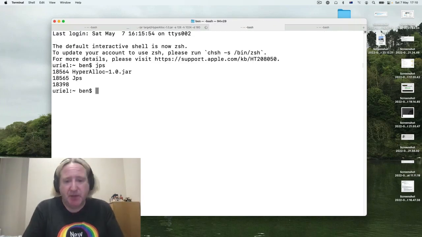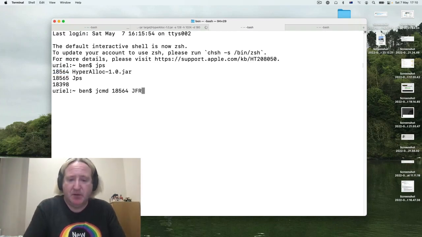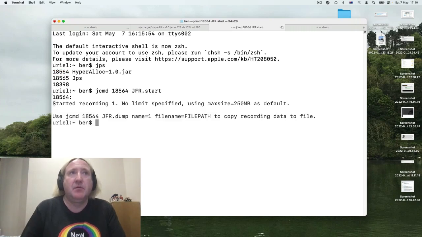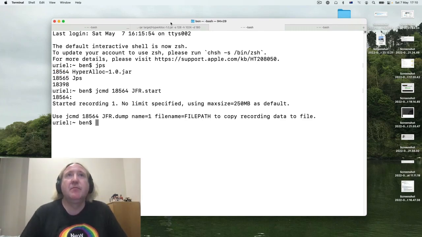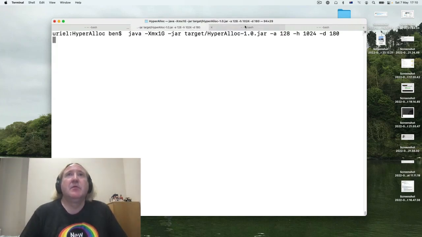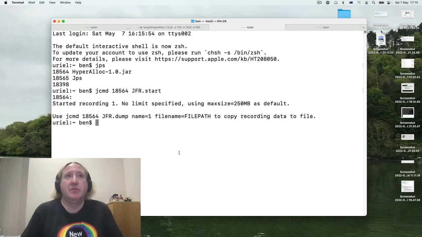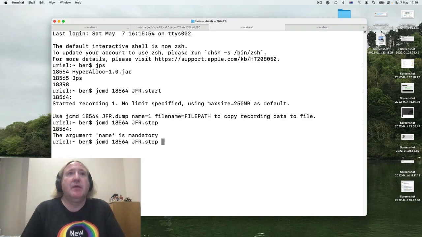Do a quick JPS from here, and now I can do JCMD. And we'll just leave that running for a short amount of time. And now we can stop it. And then we need